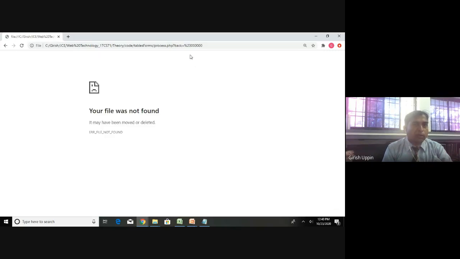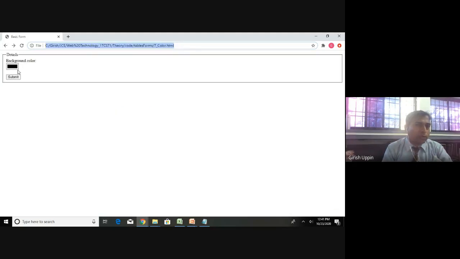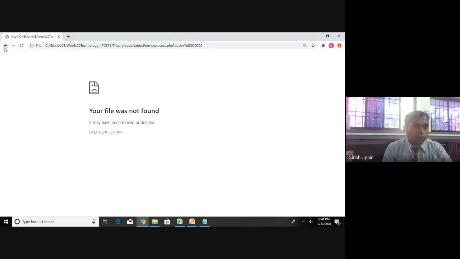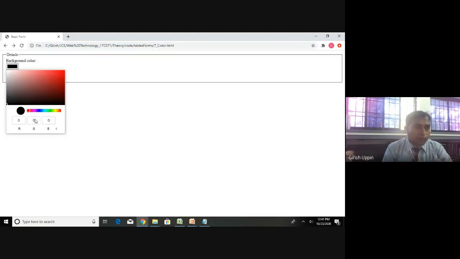All the values 0 means this is for the hash, back is equal to hash 23, and you can see RGB are all 0, which represents the black color. Or if you want to change the color, let us say you want to have 255, the max values. What color are you seeing?